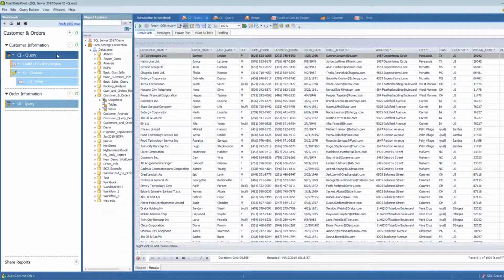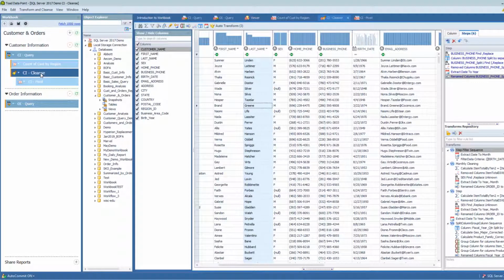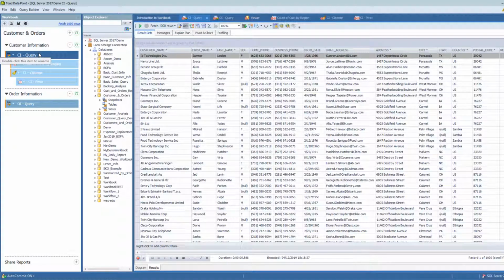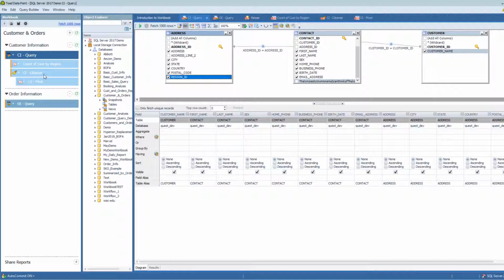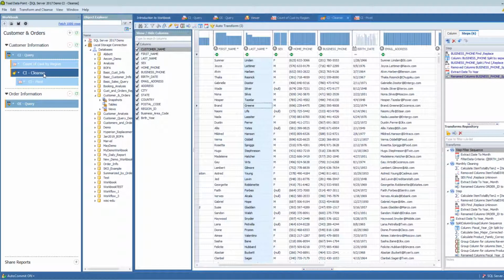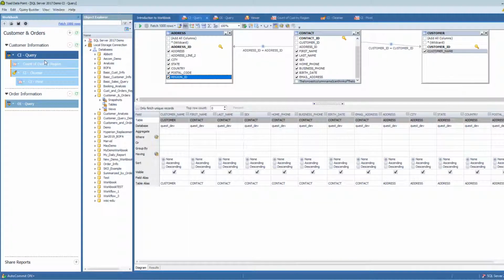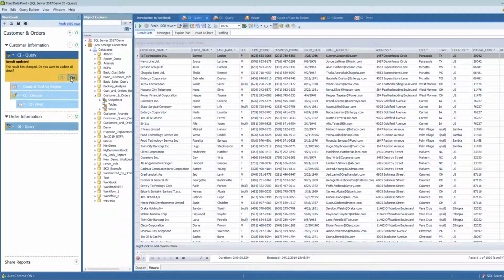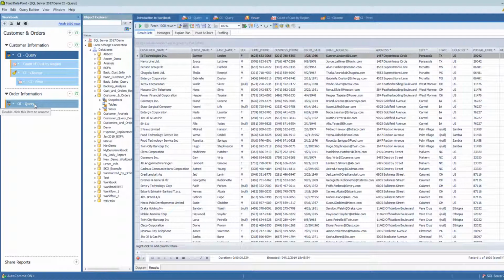First of all, I've got my original customer query here, and then I also have a cleansed version of that same data here. Depending on which version of the data I want to combine into my order data, raw as it came out of my query, or after cleansing, is where I'm going to add the output step. Let's start with adding the output step using this first initial query. And I'm going to add my contact ID to this output step really quickly, because I know that I'm going to need that contact ID in order to join this to my order information.